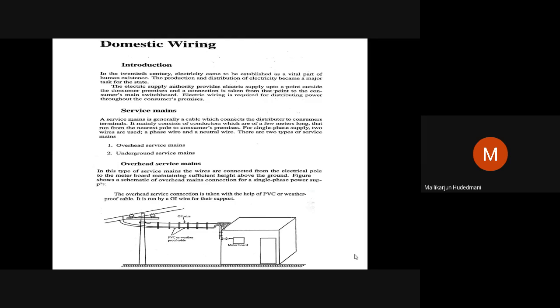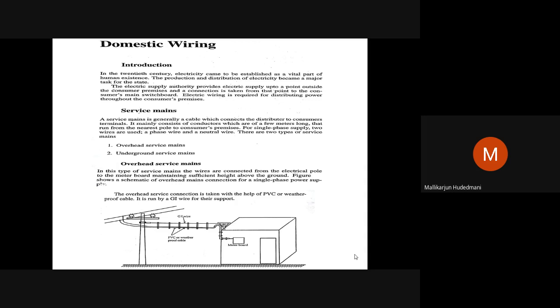To do the domestic wiring, we require power to come. So where do we get the power? We receive the power from the distribution company. Namely, in our region, Hubli Electric Supply Company, HESCOM, is the distribution agency. They provide electrical power supply connections to individual domestic houses, corporates, industries and others. Therefore, for the house to get an electrical connection, we need to draw the power from the distribution company pole till our house. That we call as